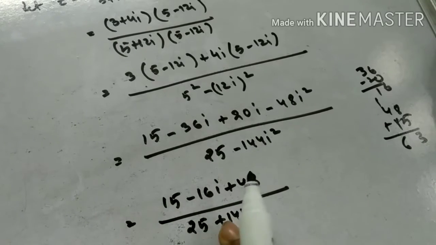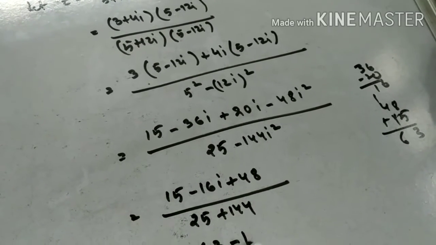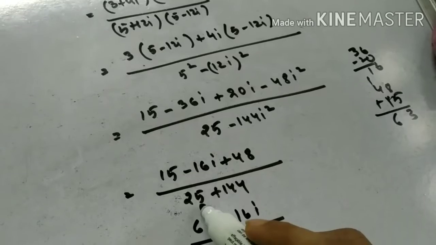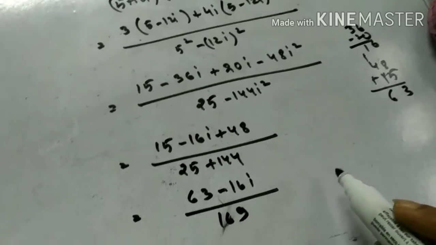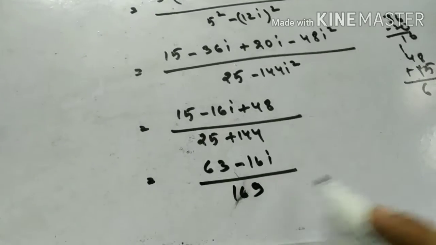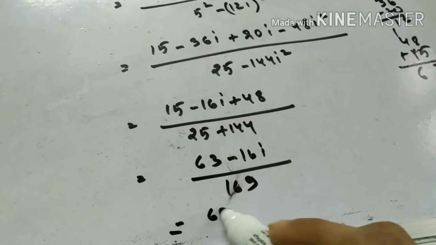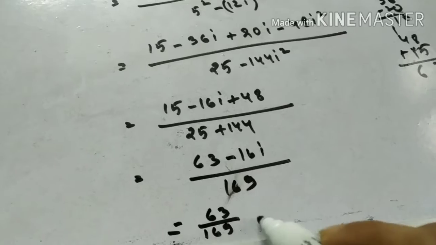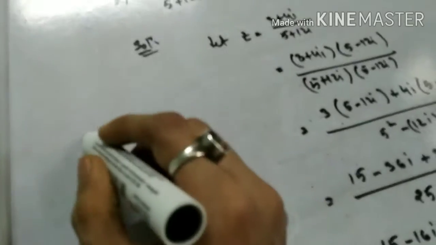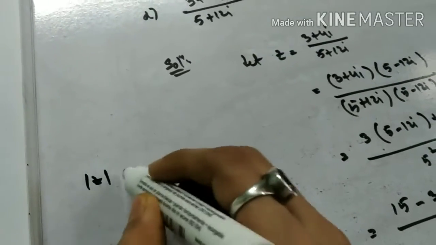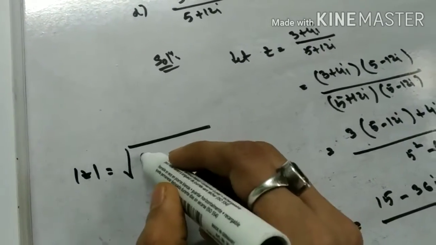So we have 63 − 16i, and the denominator gives 169. So this is equal to 63/169 − 16i/169. Therefore, the modulus of z becomes equal to